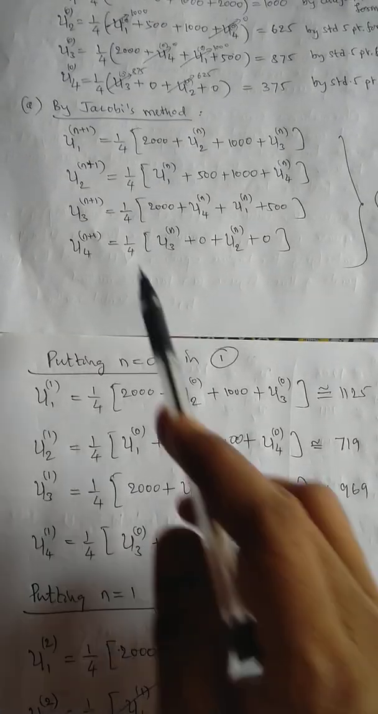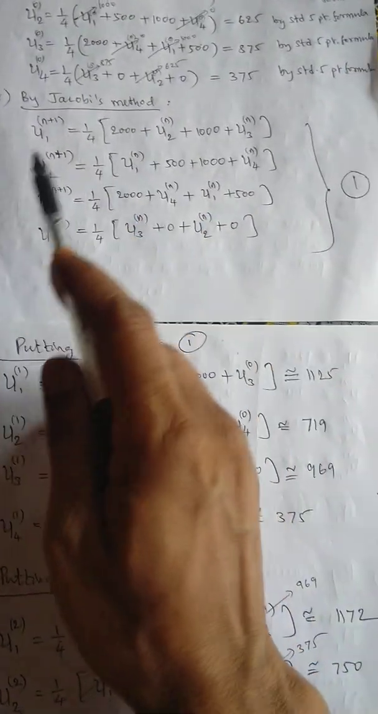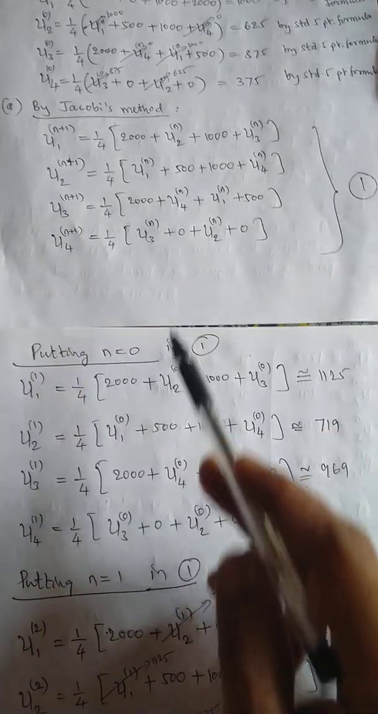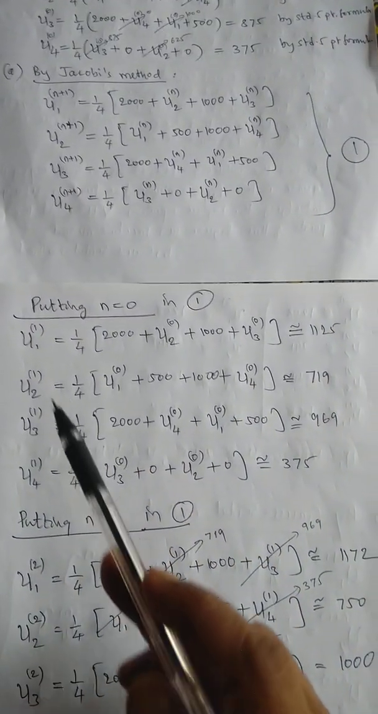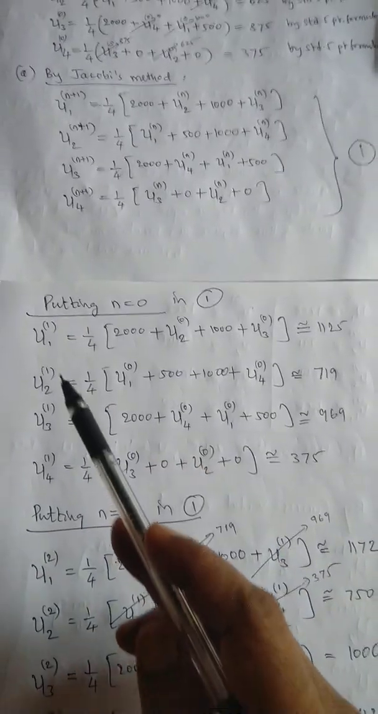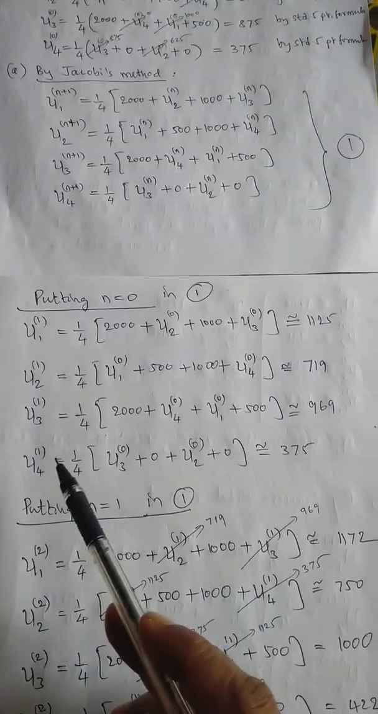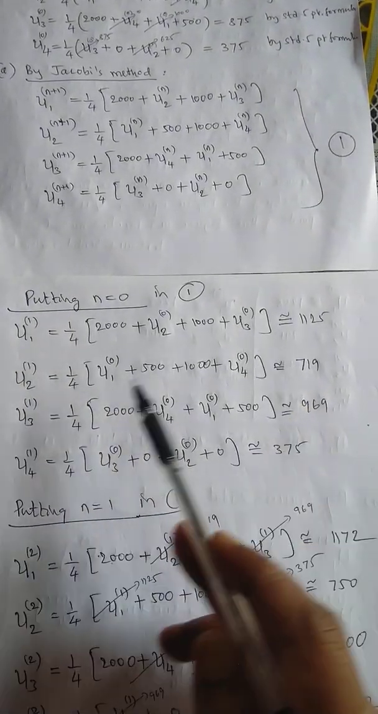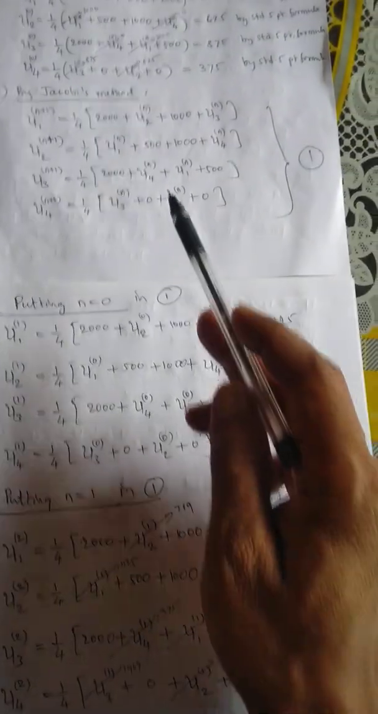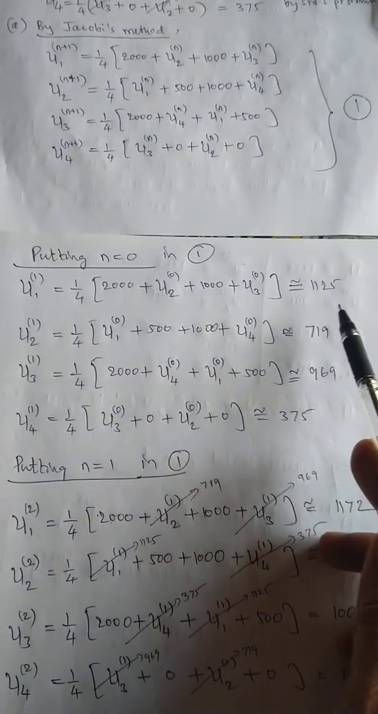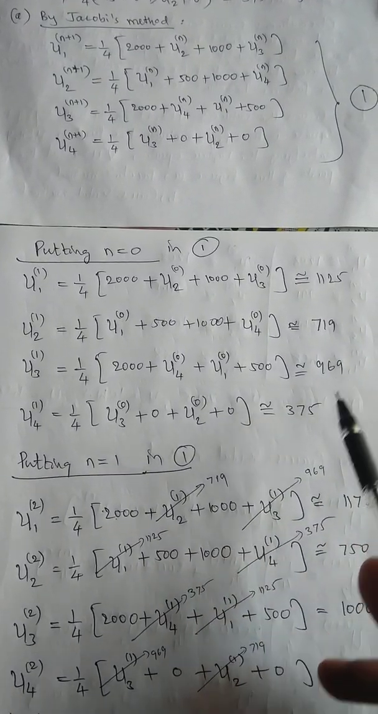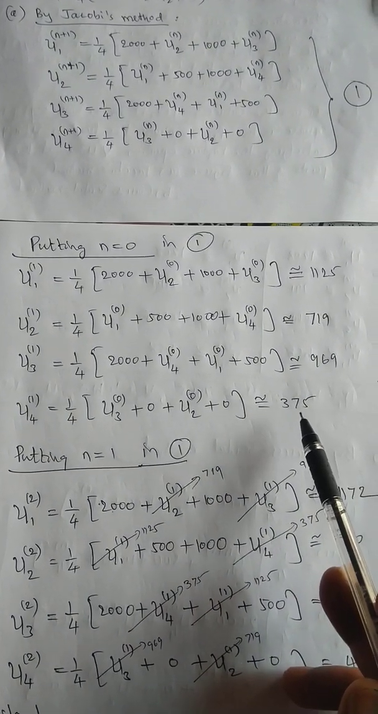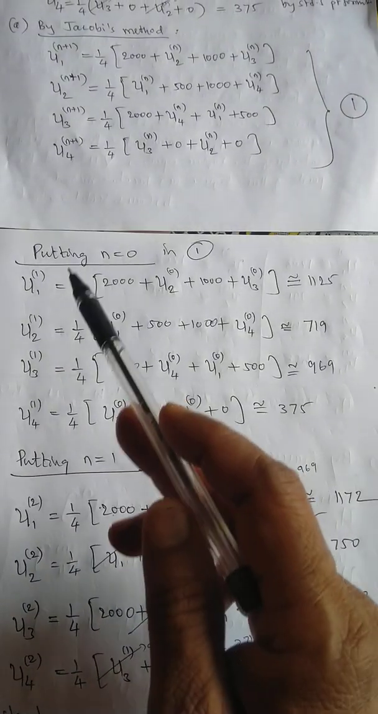So putting n equal to 0 in the Jacobi's method, we have the first approximation of the solution, that is u11, u21, u31, u41, by all these equations. So u11 is 1125, u21 is 719, u31 is 969, u41 is 375. That is the first approximation of the